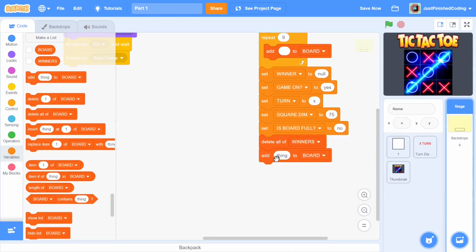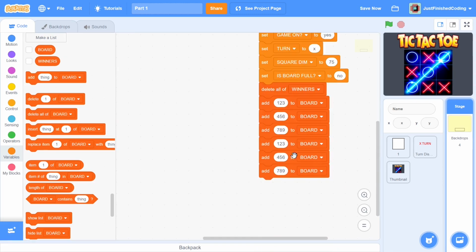So we can grab and add, and here you will do it in the form 1, 2, 3. Next we can duplicate this and we can say 4, 5, 6. We can duplicate this again, and now we can say 7, 8, 9. Now we can duplicate all of these three things and we can say 1, 4, 7. Next we can say 2, 5, 8. And we can say 3, 6, 9 here.